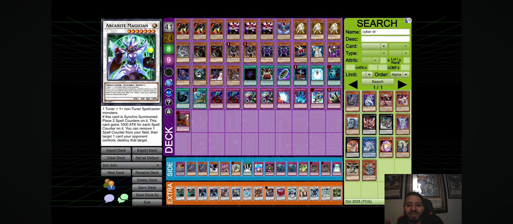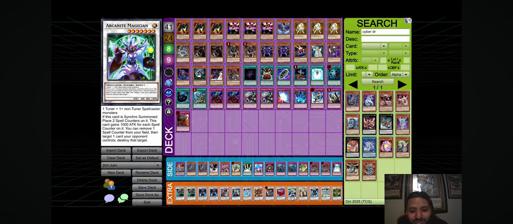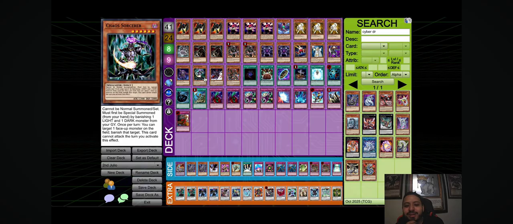The only way he can make Arcanine is with Gale and Lila, and the only way he can make Tempest is with Lila and Plague that I can think of, right? You need a non-tuner spellcaster monster. Yeah, I don't see any other way. Unless you Brain a level 1 tuner with the Chaos Sorcerer, I guess you can make Arcanine that way, but